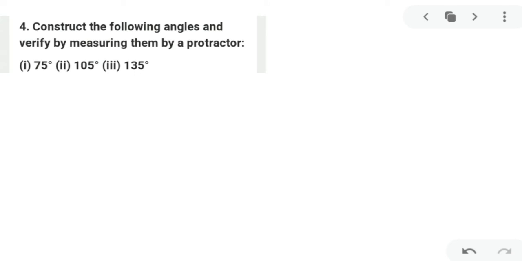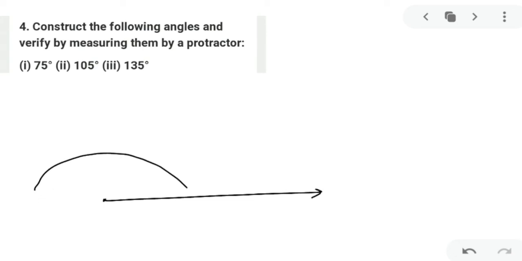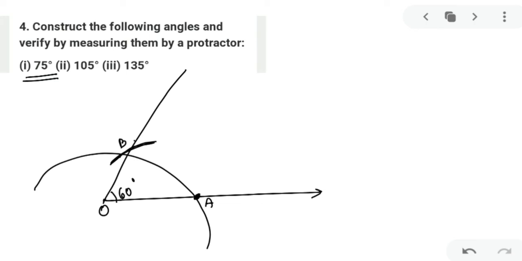Next, my dear kids, you have to construct 75 degree. Now, as you know how to construct 60 degree, mark this as A and with the same, if I mark this as B and I join this, this will be 60 degree. But they are asking me to make 75. Now, if I make 90 here, you will notice this remaining angle will be 30, correct? And if I bisect the 30 angle,